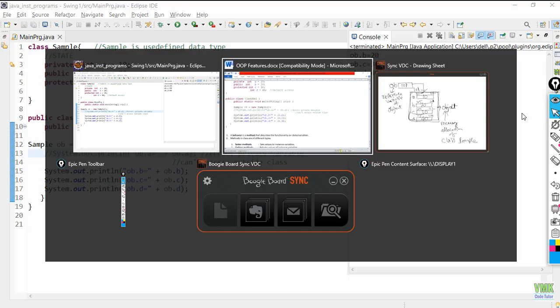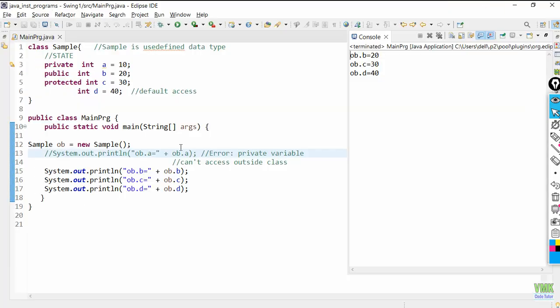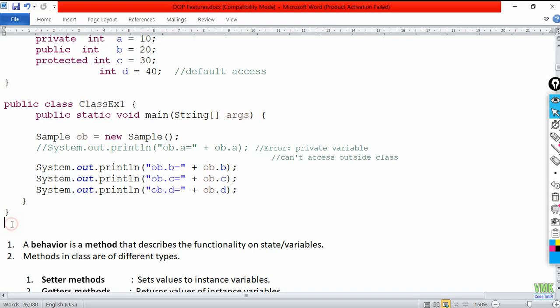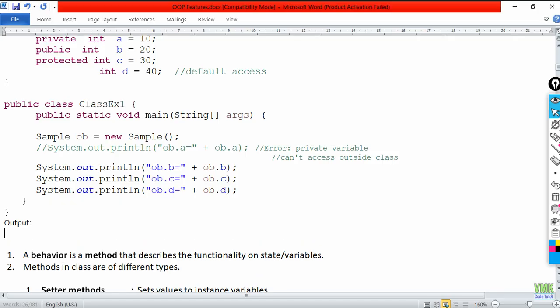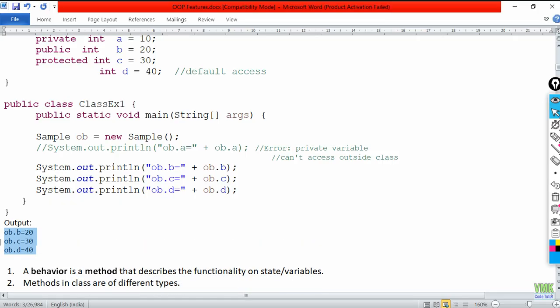It's fine. So what's the output that we are getting? Let me copy the output here, Control V. Let me decrease the size of this particular thing. Okay, fine. Then